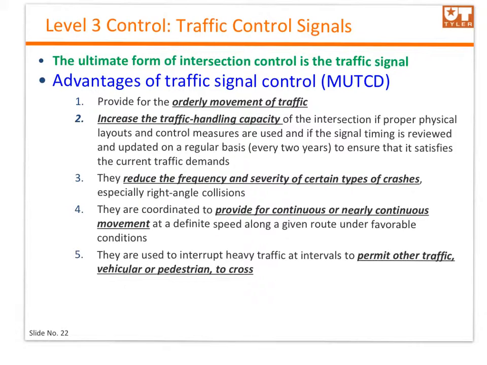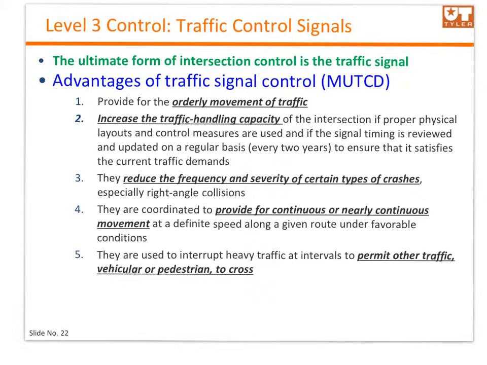The first advantage is that traffic signals tend to provide for the orderly movement of traffic, so they make the traffic movements very regular and in order. The second advantage is that traffic signals also tend to increase the traffic handling capacity of the intersection, only if proper physical layouts and control measures are used and if the signal timing is reviewed and updated on a regular basis. Typically that update would happen every 2 years